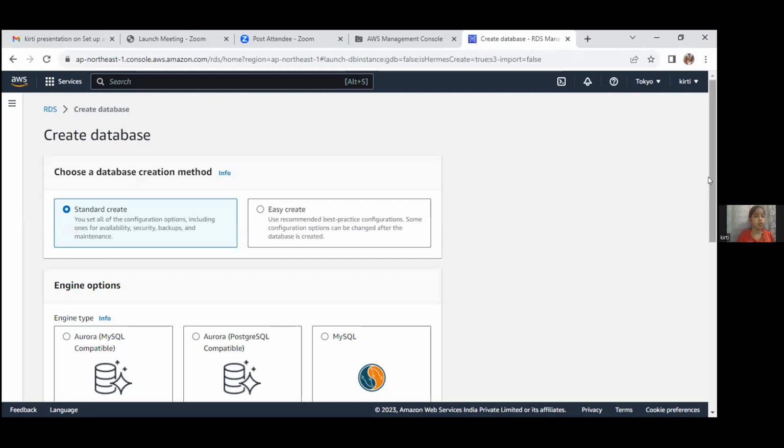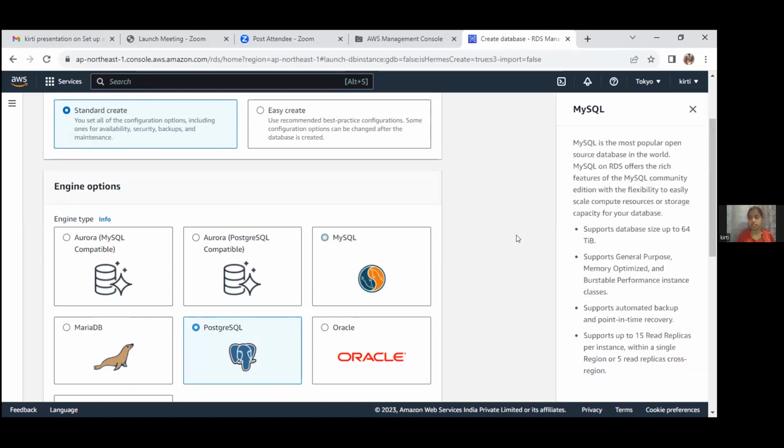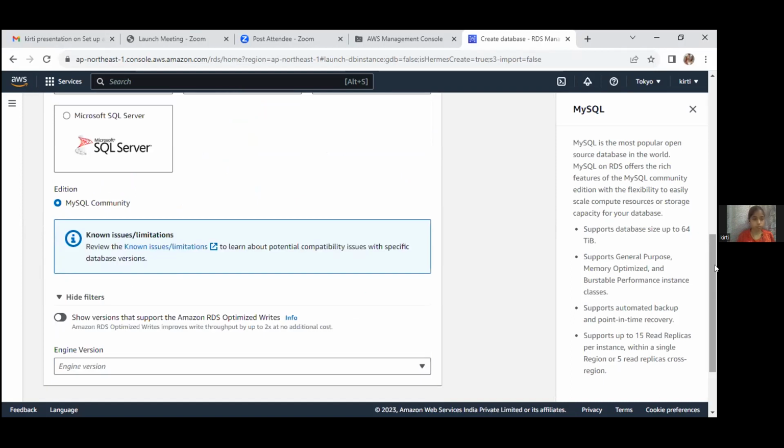These are two database creation methods. So I choose standard create and just scroll down. These are the engines, and I choose MySQL. Just scroll down.